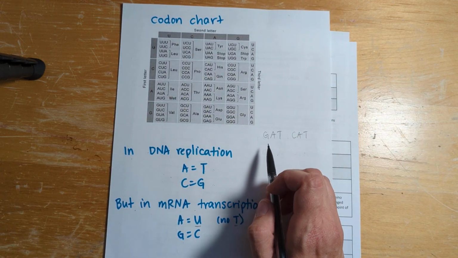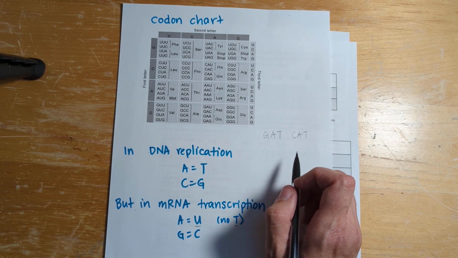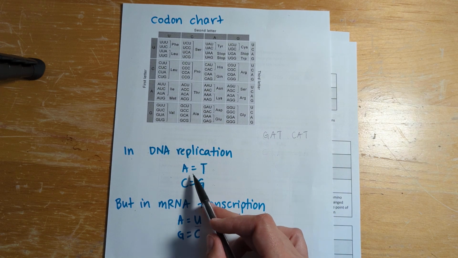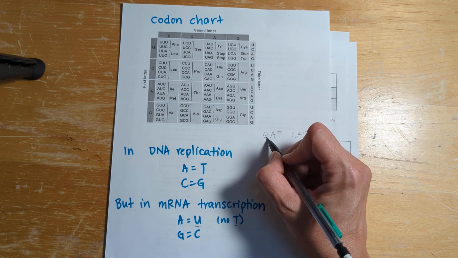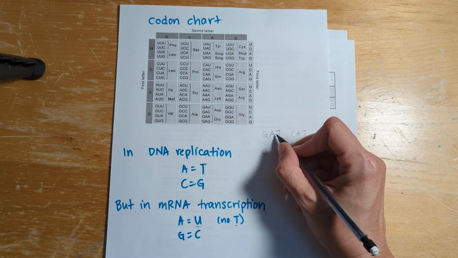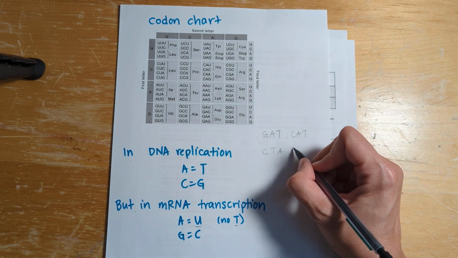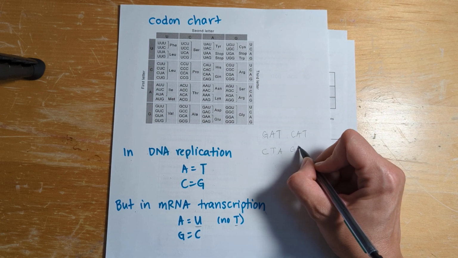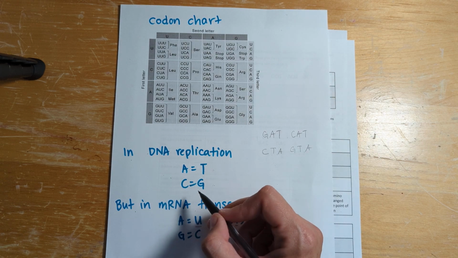All right, if we have a sequence of DNA that is GAT, and I were to ask you to replicate it, you would remember the rules that A always pairs with T and C always pairs with G. So here, G, we know it's always going to pair with C, so that's a C. A always pairs with T, T pairs with A, and then C always pairs with G, A will pair with T, and T will pair with A. You just know it by following what would equal what.